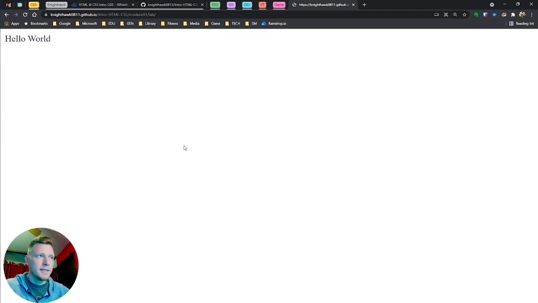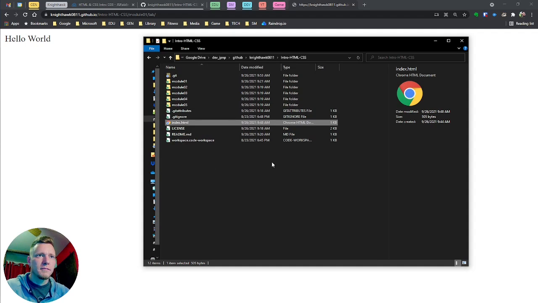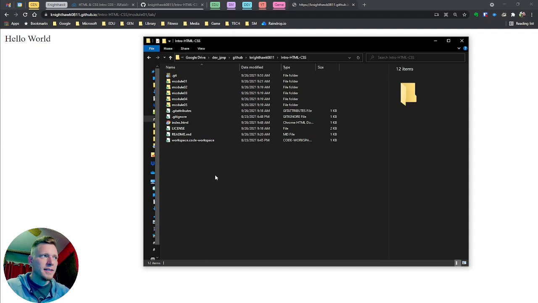All right, so I think that's about it. Let's have a look at what it looks like just in our file explorer here. So this is the folder structure on my computer. When you connect your GitHub desktop app, you pick whatever folder you want to put this repository into, and then